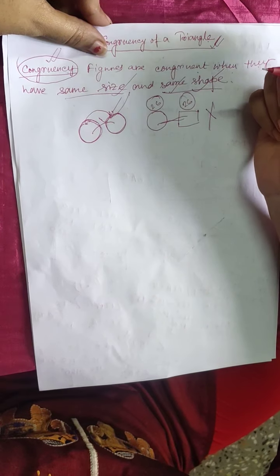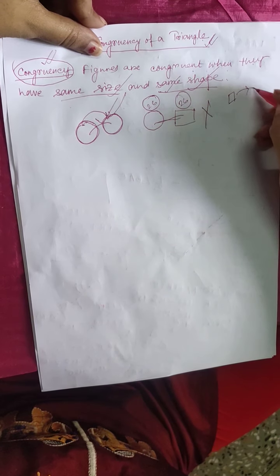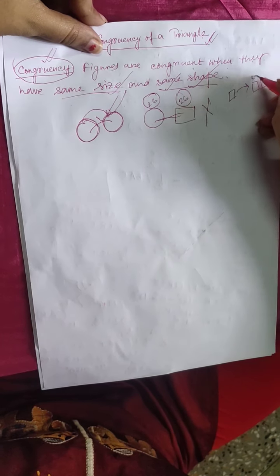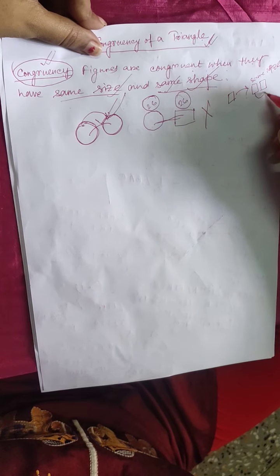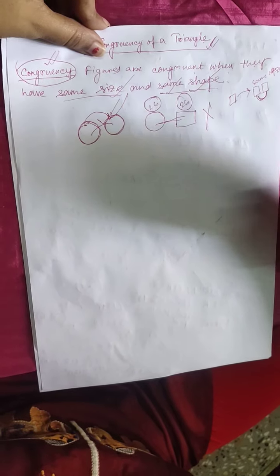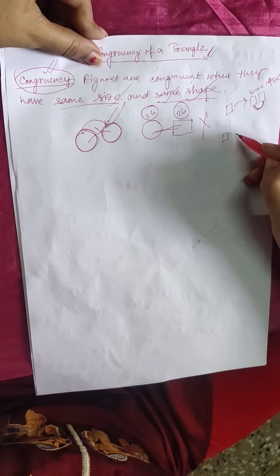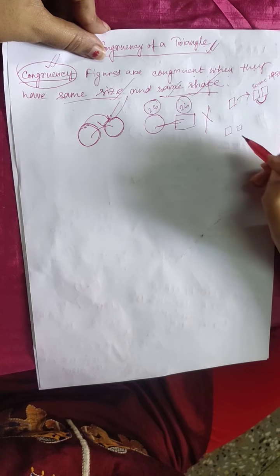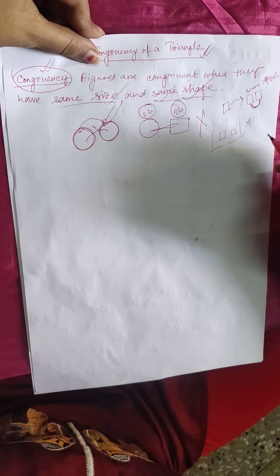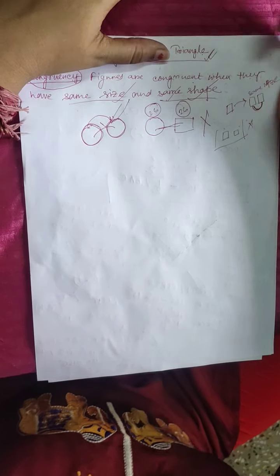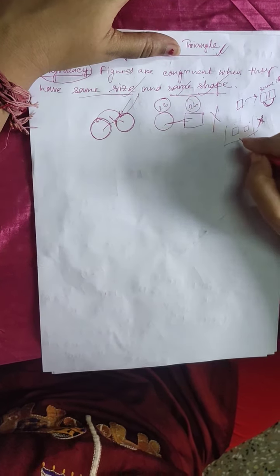Another example: suppose there is a photograph of yours and you make two copies of it, two copies of the same size. Then these two copies will be called congruent. Now, if you have a passport size photograph and a stamp size photograph of yours, will these be congruent to each other? No, they are not of the same size. So these two photographs are not identical, so these are not congruent.